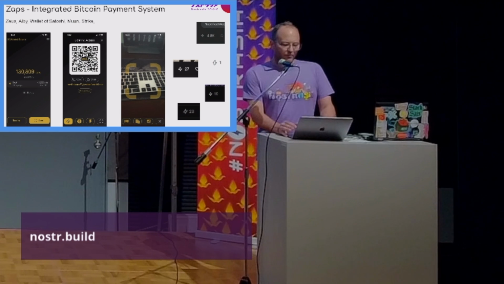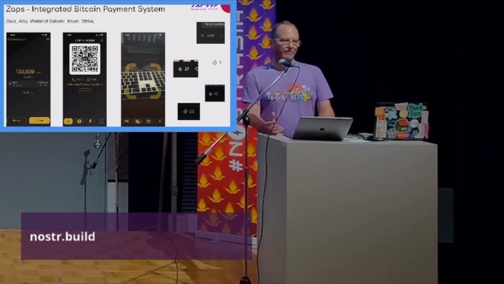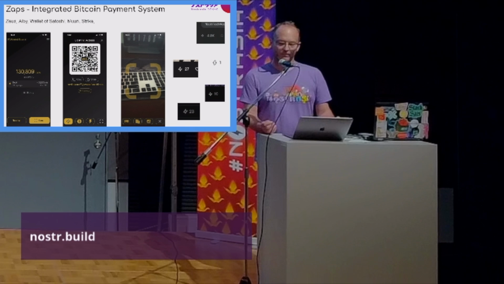So another really unique aspect of Nostr are the zaps, right? And basically what that is, they're small Bitcoin payments. How many of you are familiar with zaps or Lightning? Okay, most of you. So keeping it short, there are multiple wallets you can use. They're, like I said, basically Lightning wallets, Bitcoin wallets that transfer small amounts of Bitcoin very fast, right? And so the Nostr protocol integrates this into it.